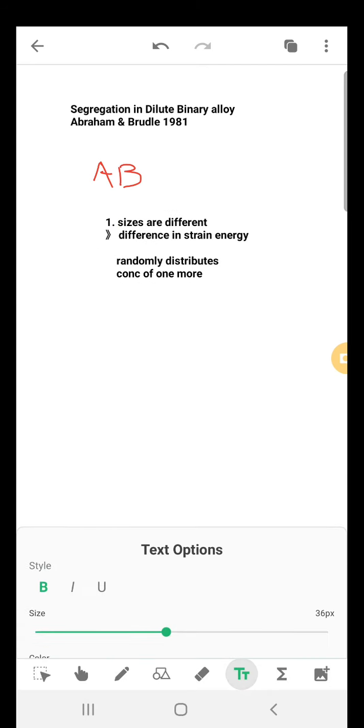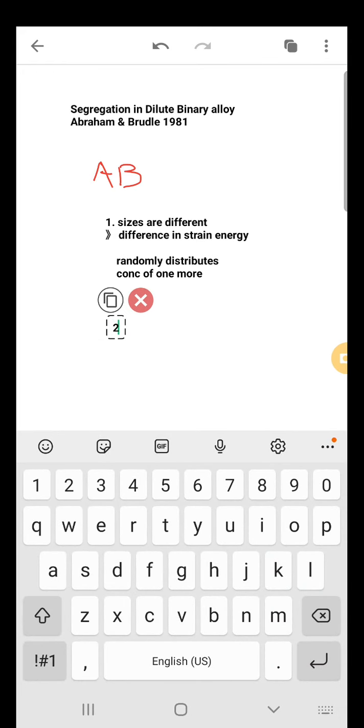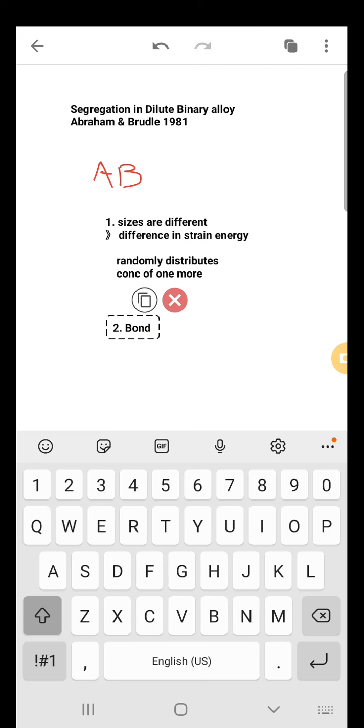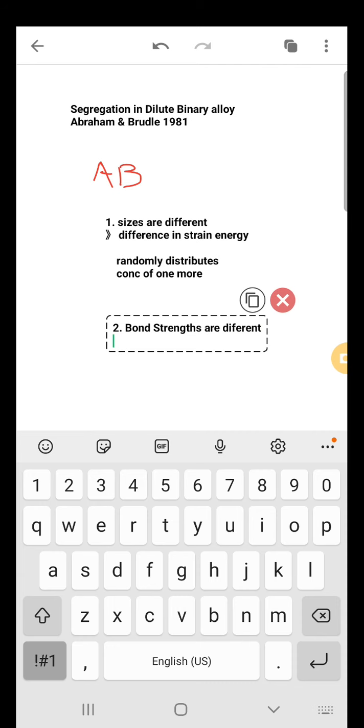The second one is that bond strengths are different. So this again implies